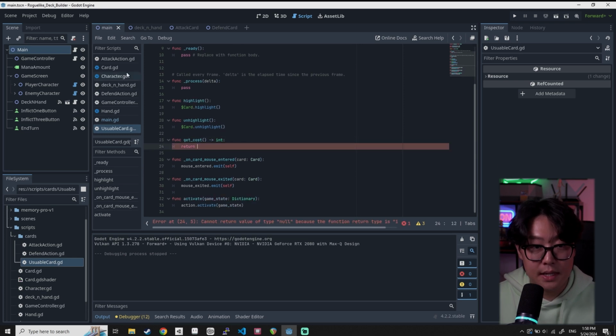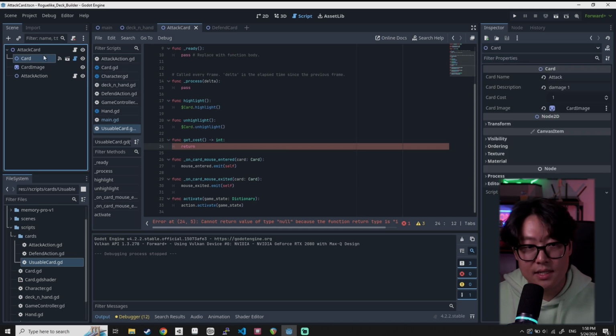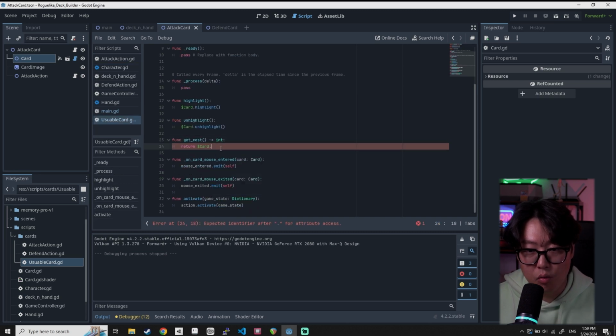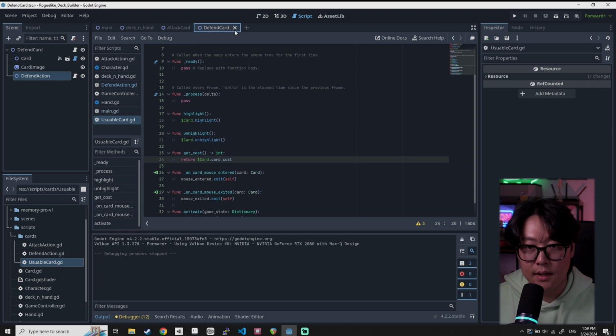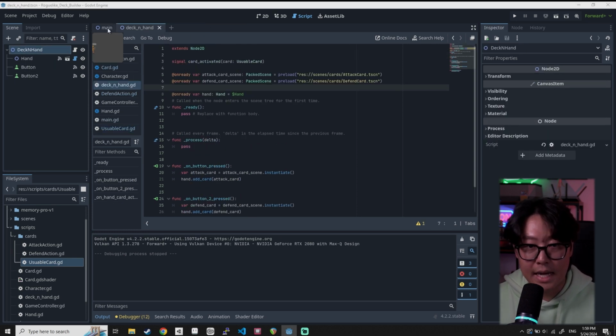If you look at the attack card and the defend card again, the underlying card has the card cost. Grab that card, and if you look at the card's script, it has what's called a card cost. So I'm just going to grab card cost and return that. That's the script for usable card, and it applies to both defend and attack because they share the script. And once I have that, on main,